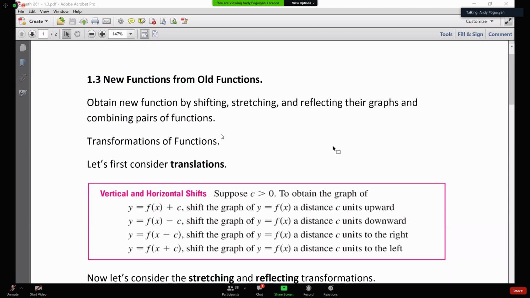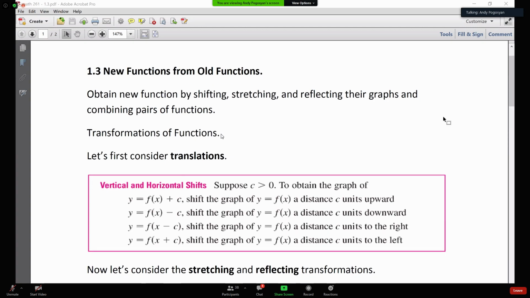So obtain new function by shifting, stretching, and reflecting their graphs and combining pairs of the functions. So when you're combining, you use basic operations, addition, subtraction, multiplication, division, and the fifth way to obtain the new function from the given functions is composition of the functions. But first,